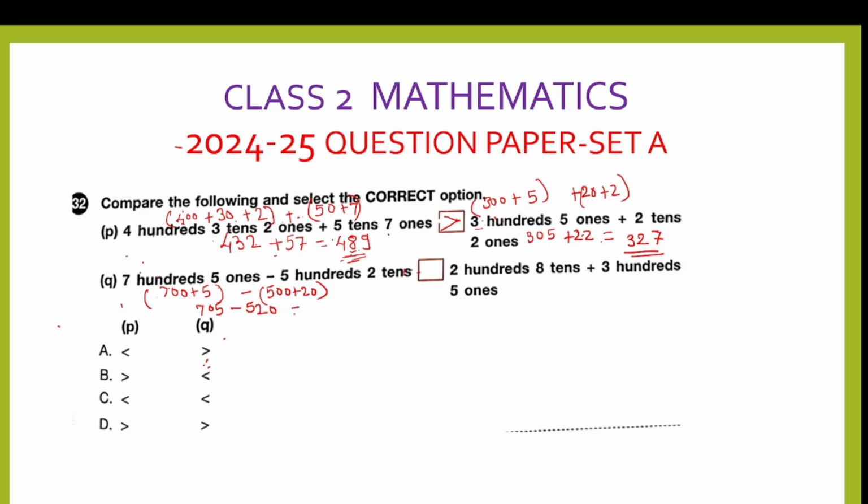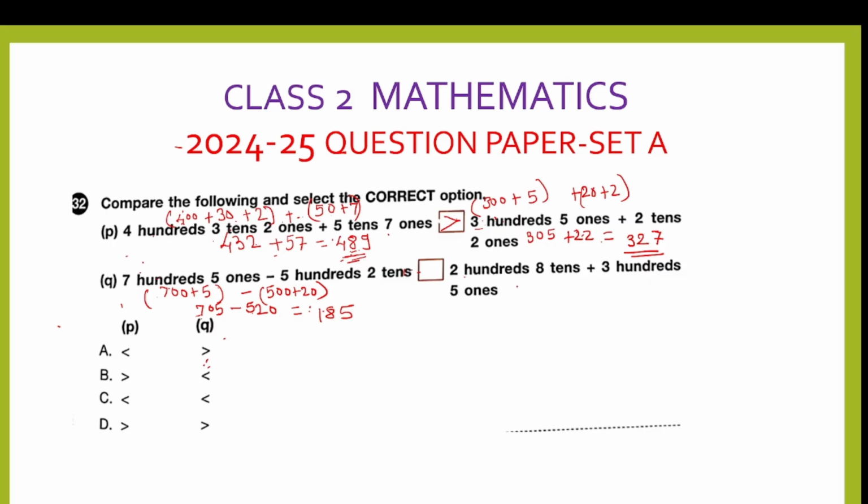So now let's do the subtraction. So 5 minus 0 is 5. Now here 10 minus 2 is 8. So we have to cancel 1. So this is 6, and 6 minus 5, that is 1. So that is 185. Isn't it? Yes. Now next is,